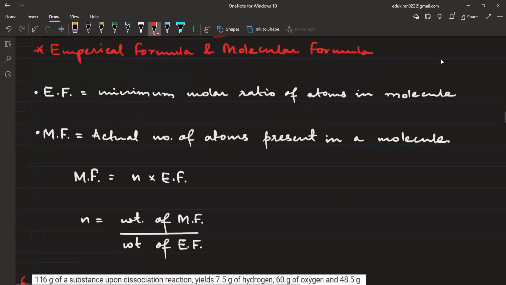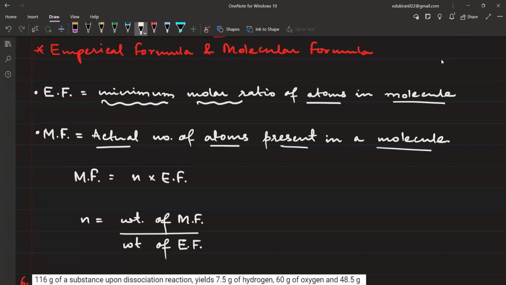Right, next, empirical formula and molecular formula. So what is the difference between empirical and molecular formula? Empirical formula is the minimum molar ratio of atoms in a molecule. Molecular formula is the actual number of atoms present in a molecule. For example, let me see, if you have